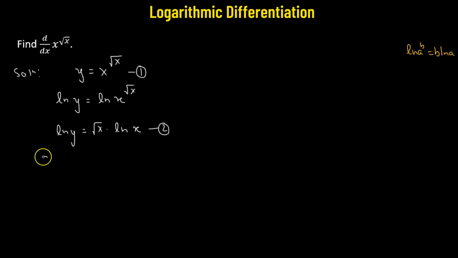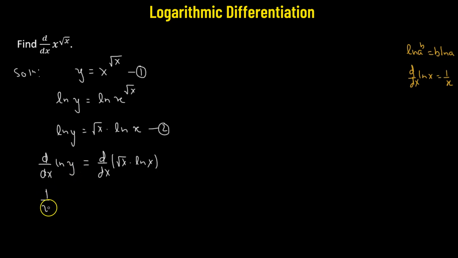Now what we'll do, we'll take the derivative on both sides of equation number 2 with respect to x. So we have d/dx of log y equals d/dx of square root of x multiplied by log of x. So we know that the derivative of our logarithmic function, d/dx of log x, simply equals 1 over x. That means we have here log of y instead of x, that's fine. So what we'll get is 1 over y instead of 1 over x. But since here we have a y instead of x, we'll use the chain rule